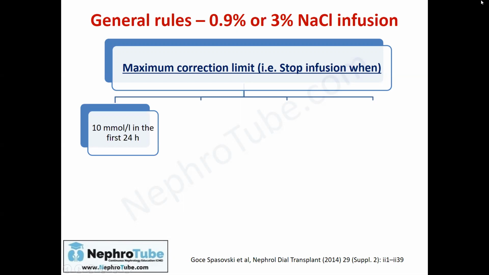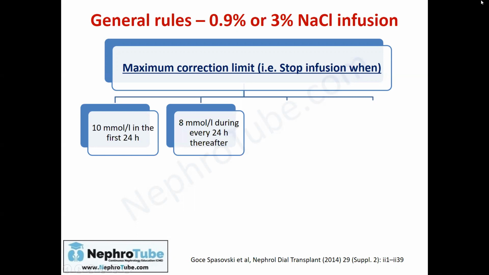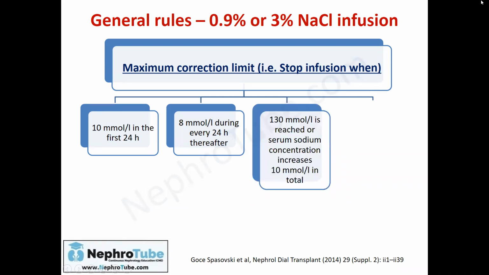First, your target as a maximum correction is to increase the sodium level about 10 millimole per liter above the baseline of the patient in the first 24 hours. Then, every other day after the first day, your target is to increase the serum sodium by a maximum of 8 millimole per liter. Also, you have to stop the infusion if the serum concentration reaches 130 millimole per liter, or the serum sodium concentration increases 10 millimole per liter in total,